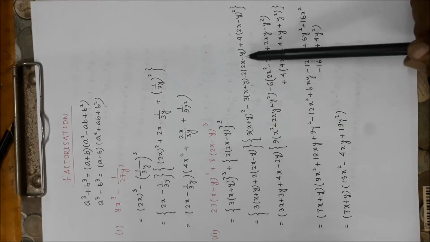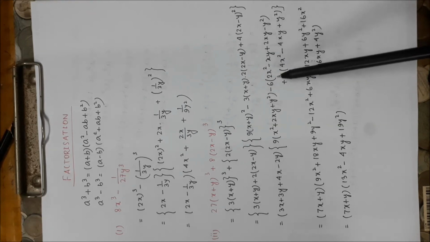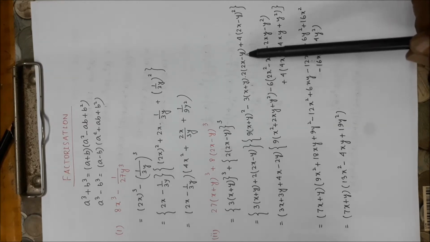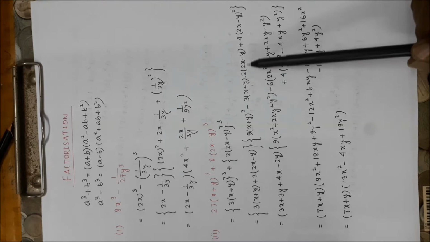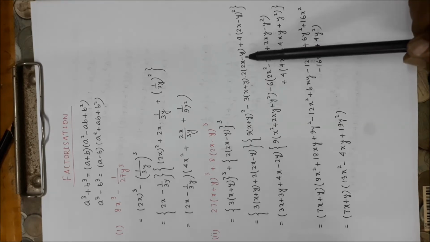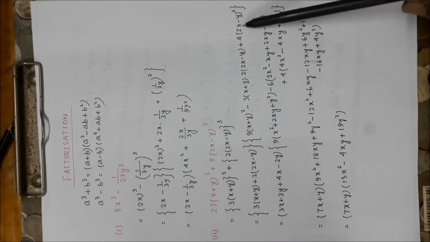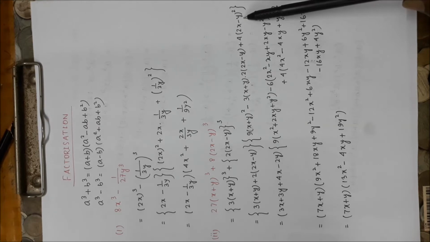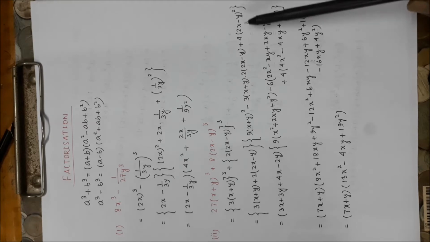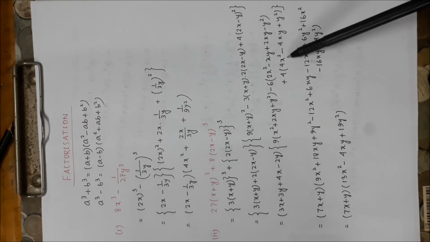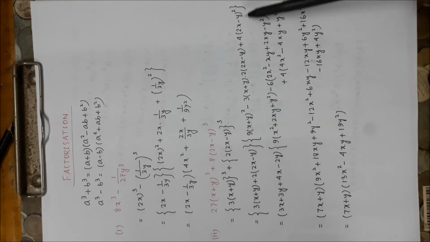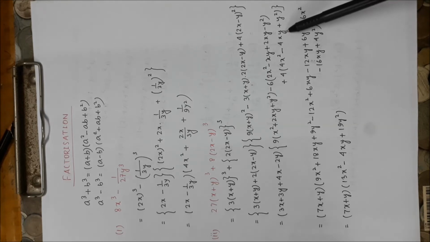Now you need to multiply these two terms. x into 2x equals 2x square, minus xy plus 2xy, plus minus y into minus y, y square, plus 4. And here we are using the formula of square of a minus b. Formula is a square minus 2ab plus b square. So 2x square equals 4x square, minus 2 into a into b, that is 2 into 2x into y, equals minus 4xy, plus y square.